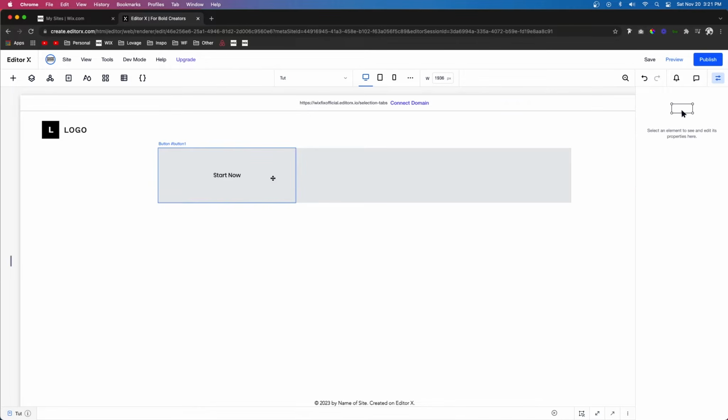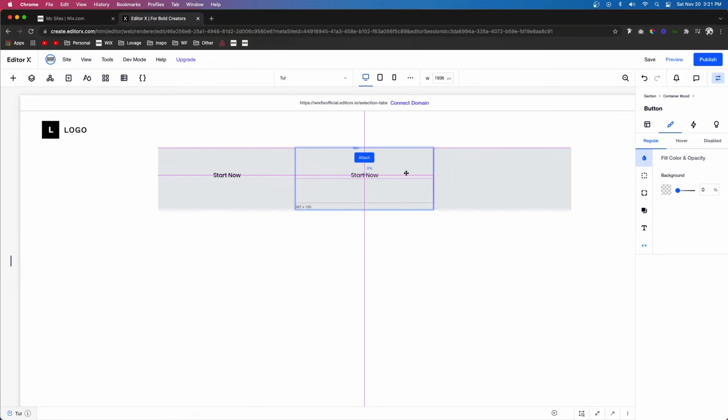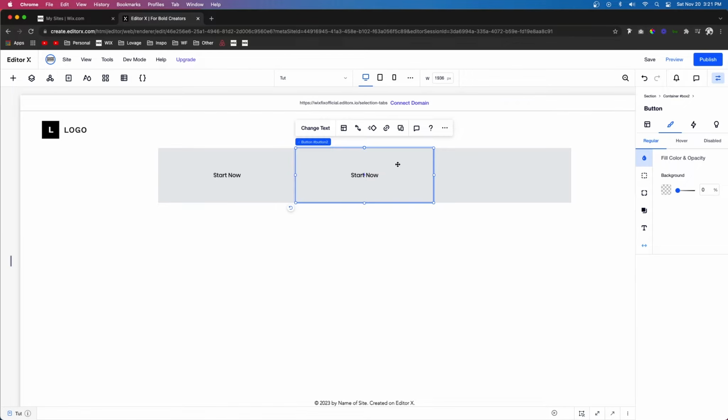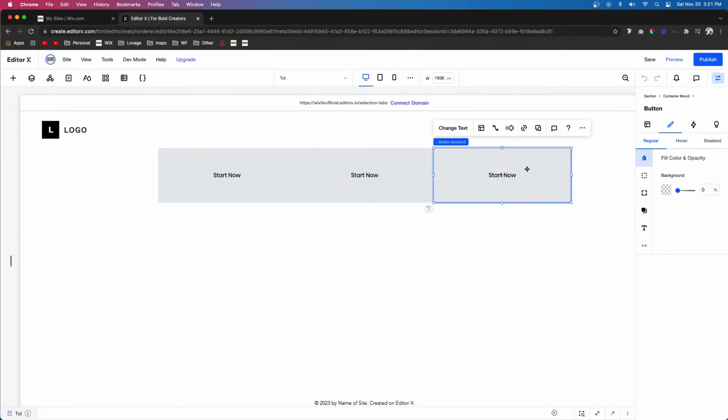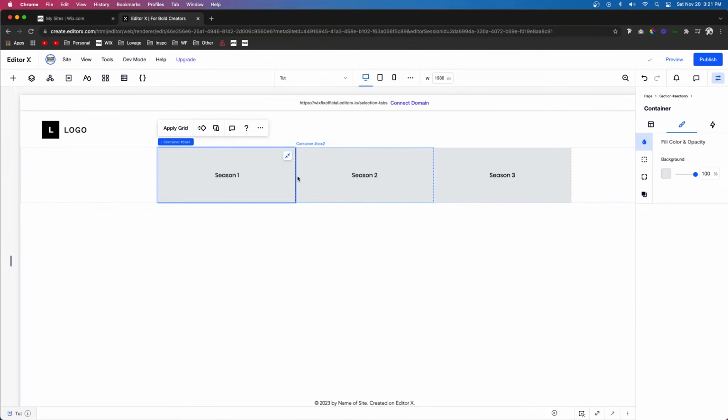Okay, let's go ahead and copy and paste that. We'll put it into the second column. And we'll go ahead and do that for the third as well. Okay, I went ahead and changed the names of these buttons, but the last thing we're gonna put here is